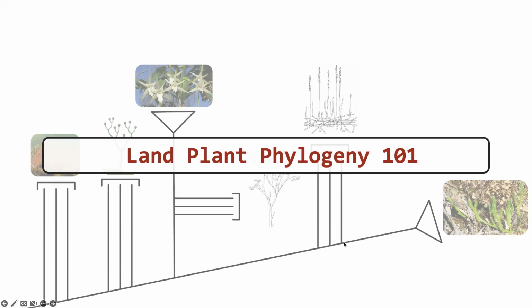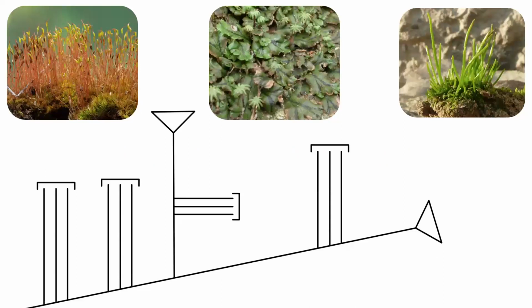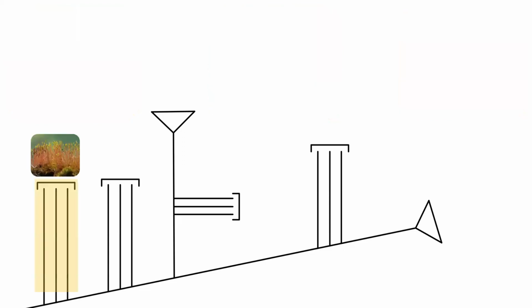And so I'm going to start with the plants that are alive today, the things that you're probably familiar with. The first being the non-vascular land plants, things like mosses, liverworts, and hornworts. While this area of the phylogeny is still kind of disputed, it's pretty commonly accepted that the common ancestor of vascular land plants resembled or was a member of one of these groups. And so the next group